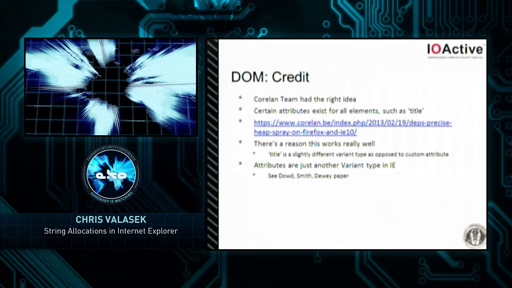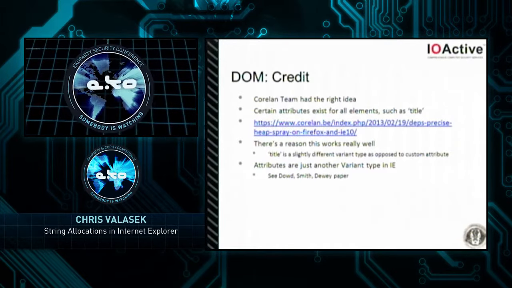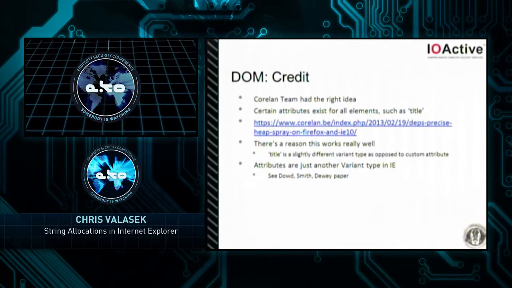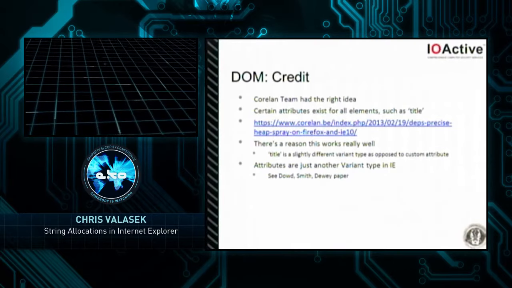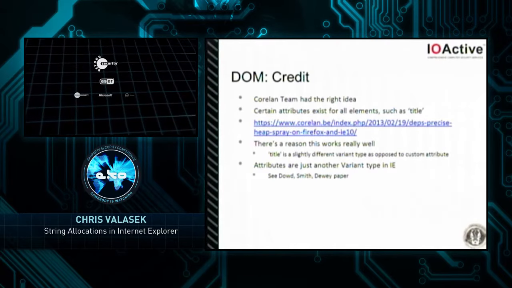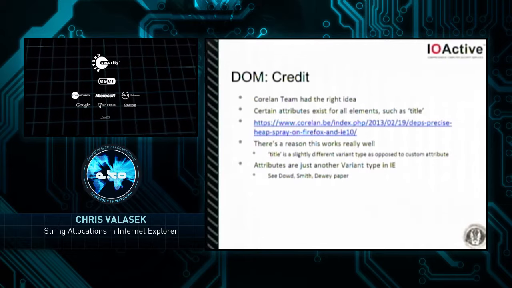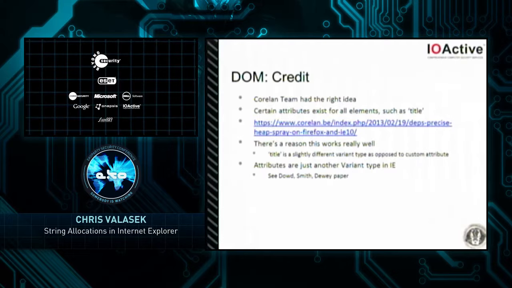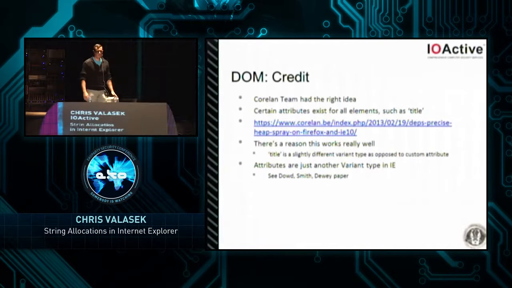I guess I have a sidebar here. The Corelan team guys figured this out, and they were using the title attribute. The title attribute is special. It's kind of a global attribute, and it uses the call chain I mentioned in the previous slide. So while I'm going to talk about using custom attributes, they use the title attribute. That was really good work on their part. But I think the way I do these allocations results in less overhead because I'm only creating attributes and not full objects every time. Again, if you want to know more about variant types and why this all works, read the